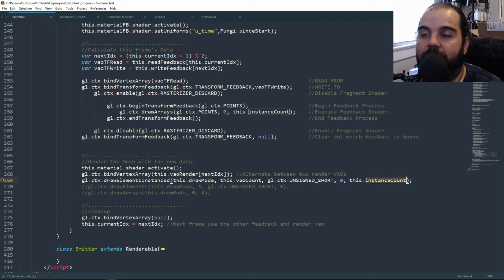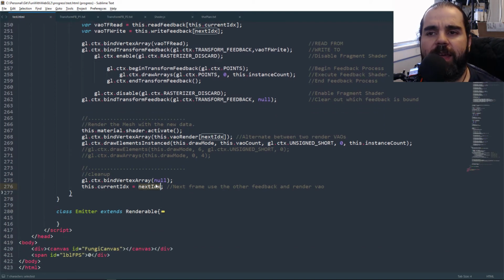So it's like 6 times 100, and that means you're going to render 600 vertices. All said and done, we unbind it, and then we say our current is our next. So this way, the next time around, we read from B and we write to A, and then for every other frame, we swap back and forth. And that is